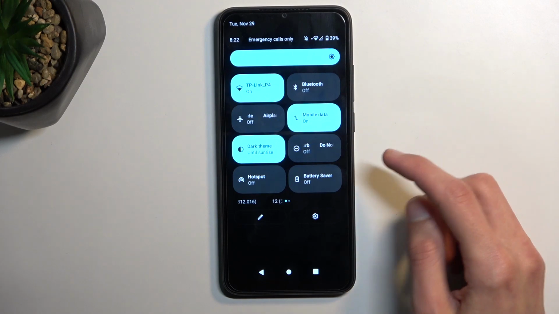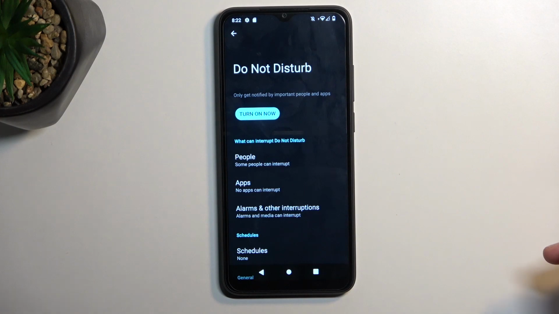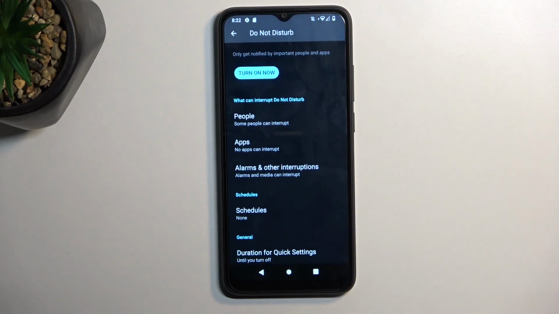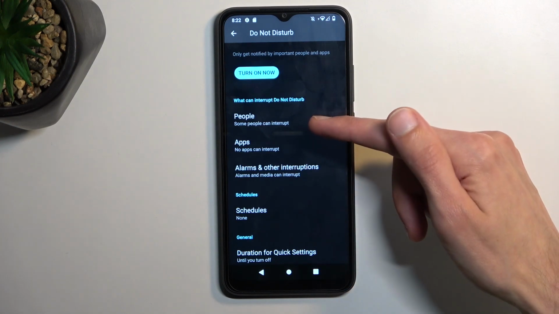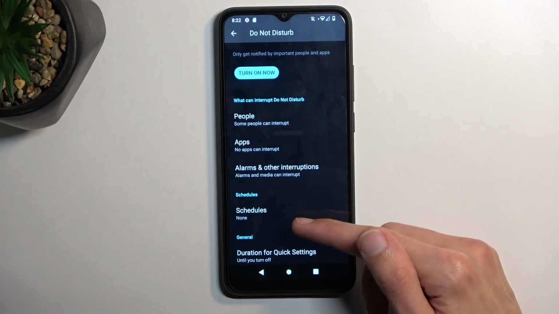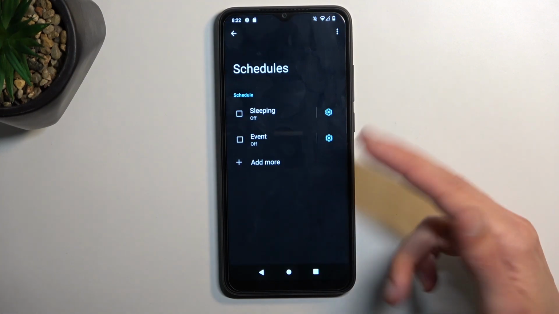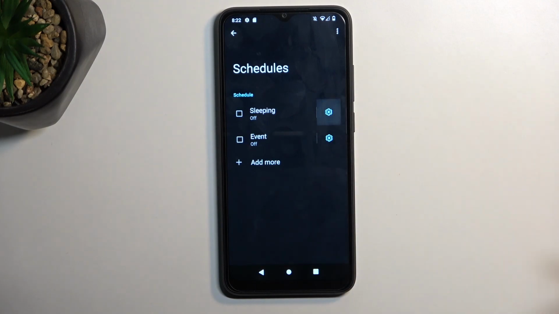But from here, you can hold this toggle. This will then take you to settings, where you can customize how the mode functions. Now I'm going to just touch upon a couple important portions of it. So for instance, people, which will allow you to select who can call you or message you, and schedule. This will allow you to set up a single or multiple schedules, and in here you can set up a